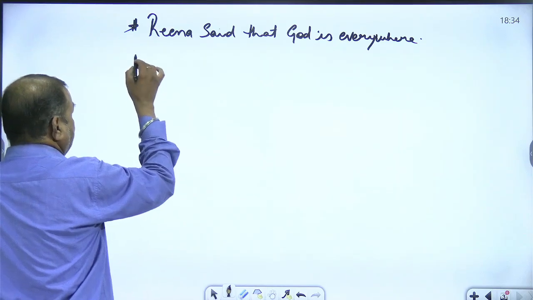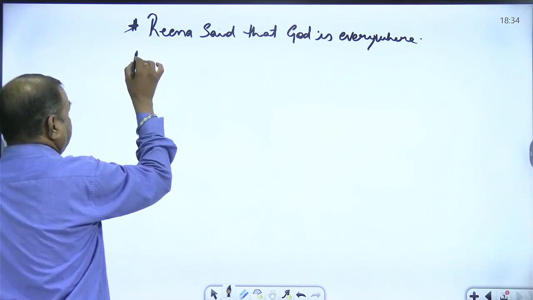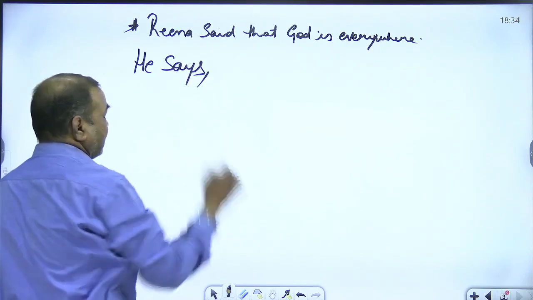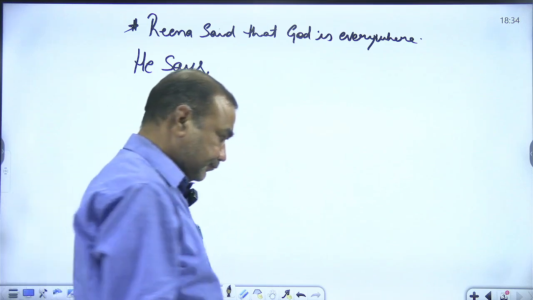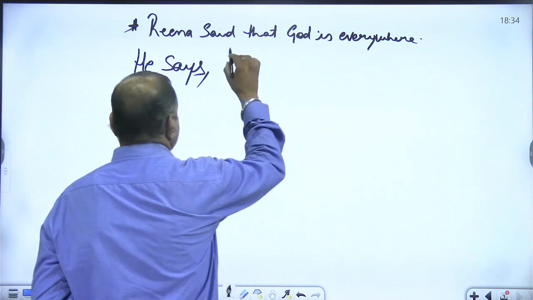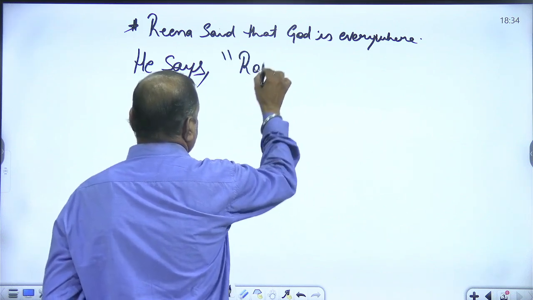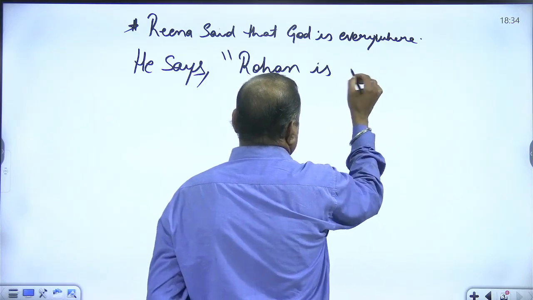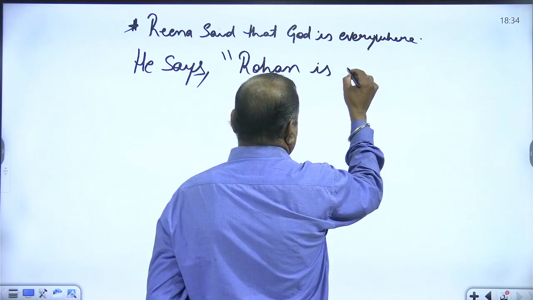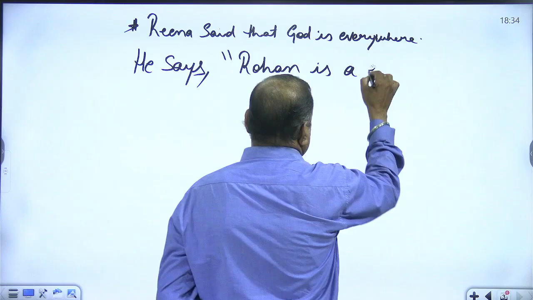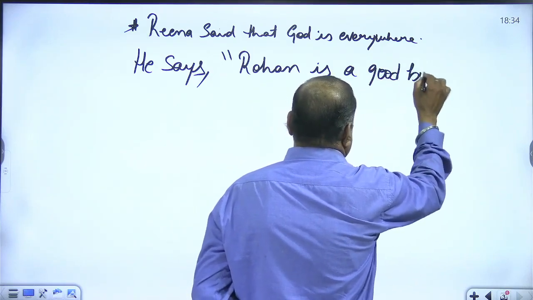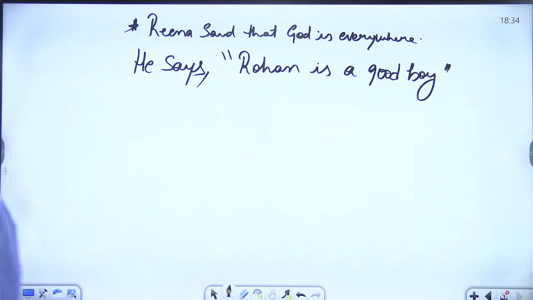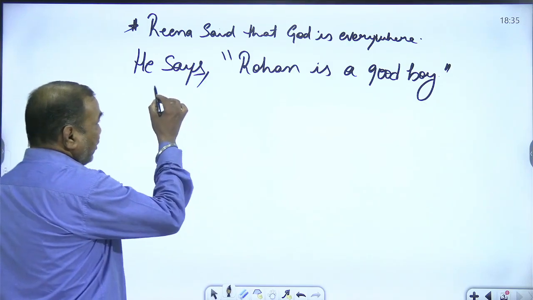Look at this sentence, he says, Rohan is, सिंपल लेते हैं, is a good boy. He says Rohan is a good boy. अब यहाँ हमारा रिपोर्टिंग को देखें, look at the reporting verb over here,